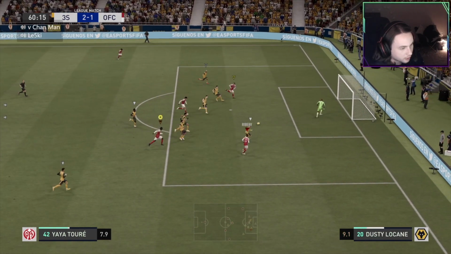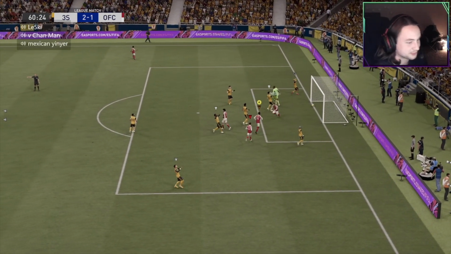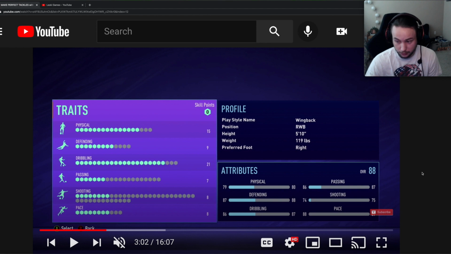There's a slide There. Sweat. pass. Has a go. Let's Nice. go. That was beautiful. So you're going to be listed as a wingback, but you're going to play in the